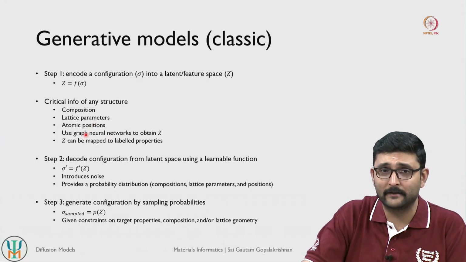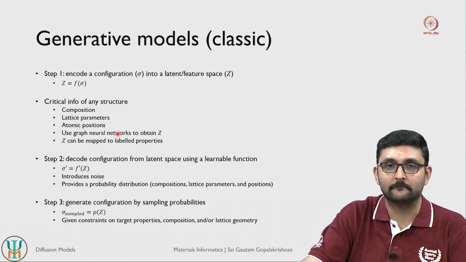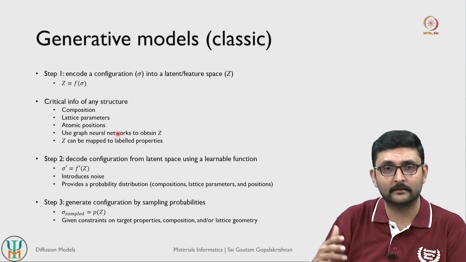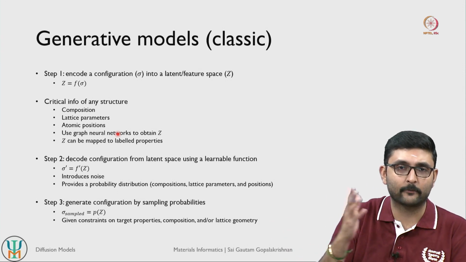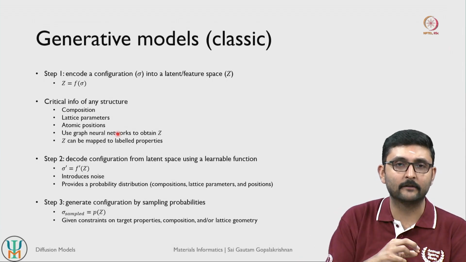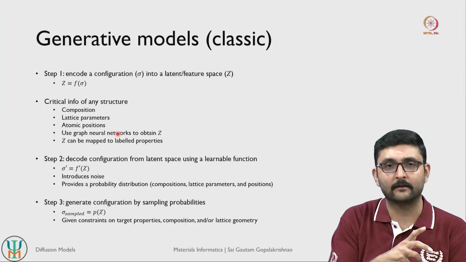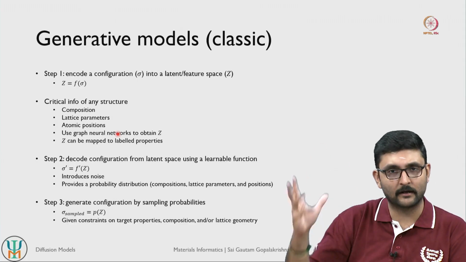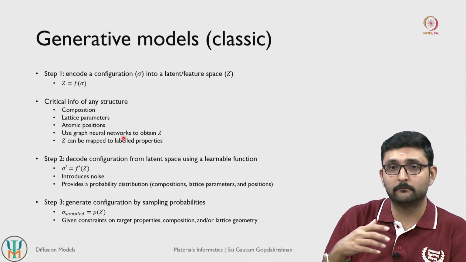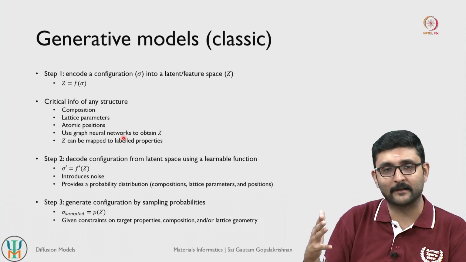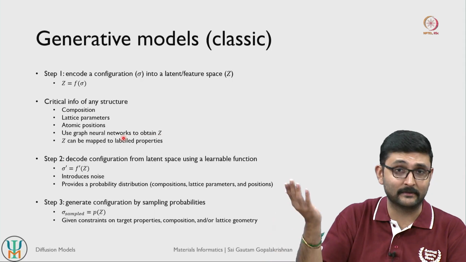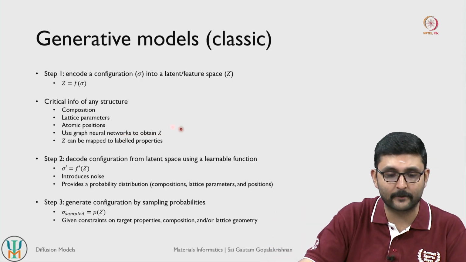And one simple way that we can encode this information is to use our graph networks, right. We have looked at graph networks quite extensively in the last few lectures, both in inter-atomic potentials as well as in transfer learning. We have looked at graph networks as a way to intuitively represent any given structure, any collection of atoms and bonds, in a numerical space. Once you map a structure into a graph network and do message passing, you get a set of embeddings.